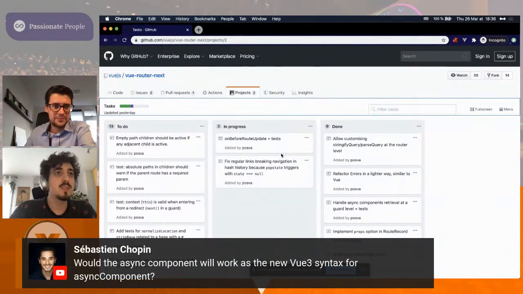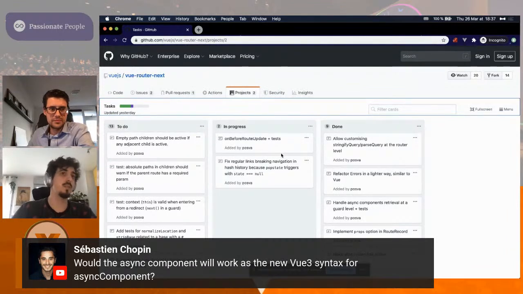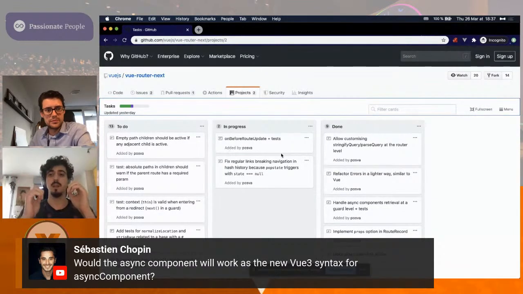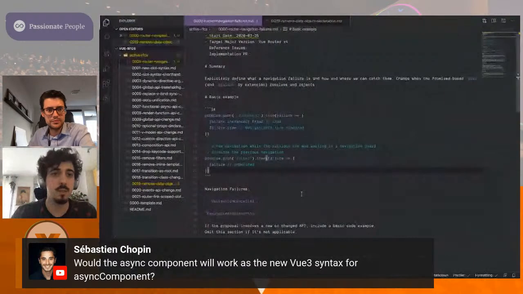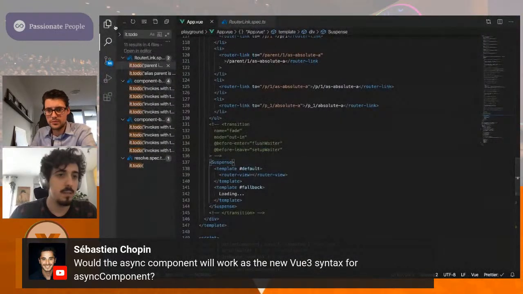And the async component, so would the async component work as the new Vue 3 syntax for async component? There is no need to use the async component for Vue router because on Vue router, you can still use the syntax with the parentheses. So this makes more sense to show as well. I'm not sure if I have an example.